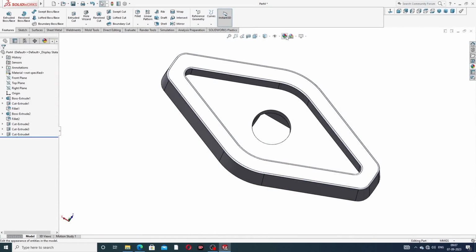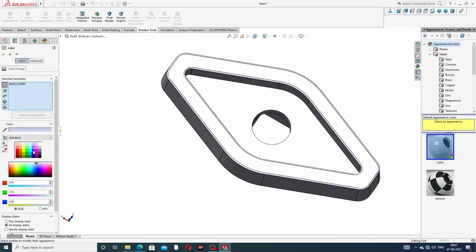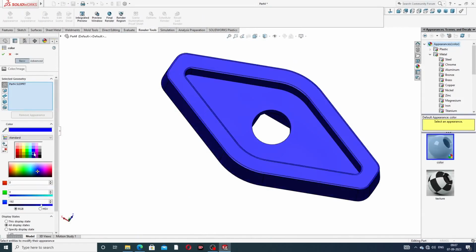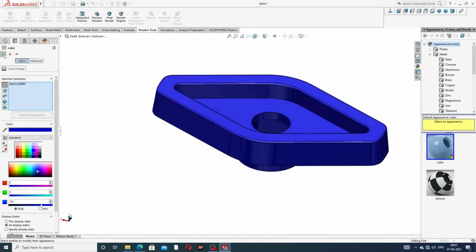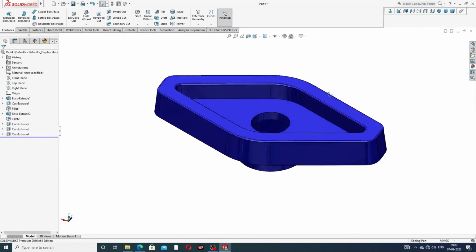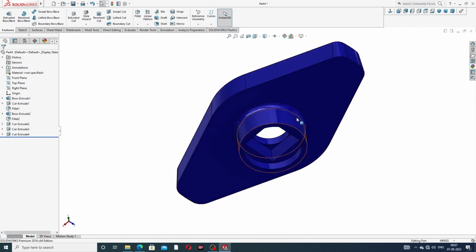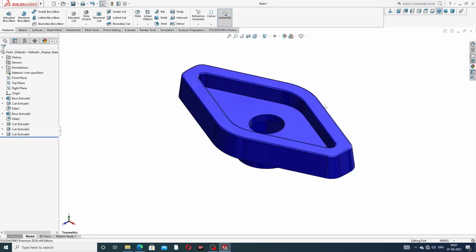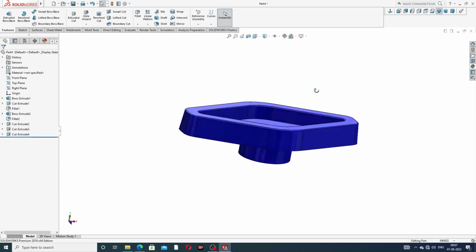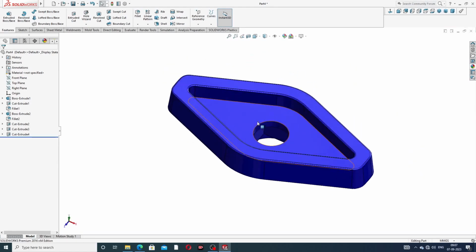And going to appearance, a blue color. Okay, this blue color is looking perfect and correct. Okay, and all sides are looking perfect. An isometric view. Okay,